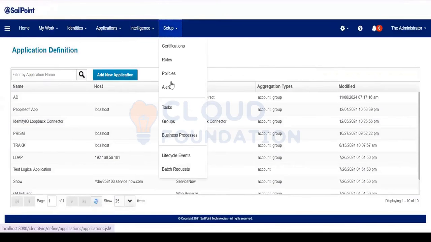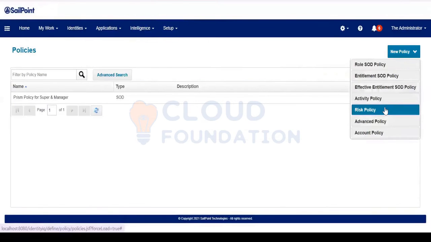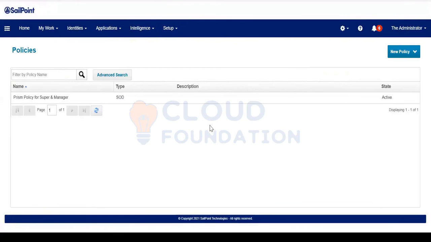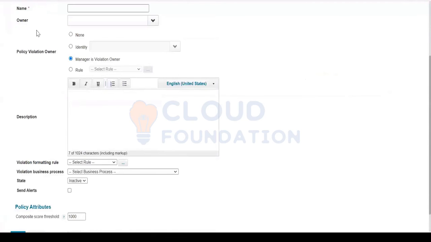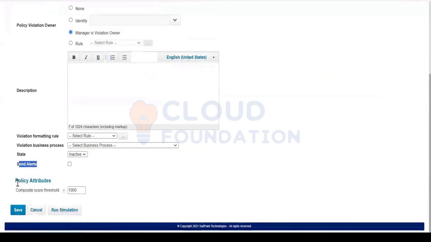Apart from that, we have risk policy. Risk policy is straight away easy. The same standard properties of the policy, from name to send alerts. Here we don't have policy rule, we have policy attribute. Whenever the user's risk score reaches beyond this threshold level, then a violation will automatically be triggered.